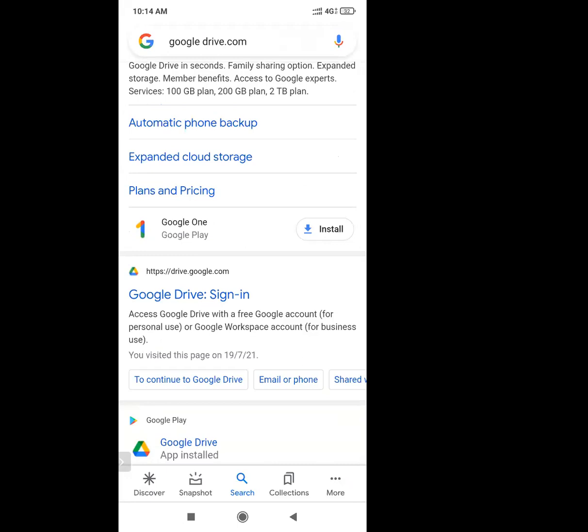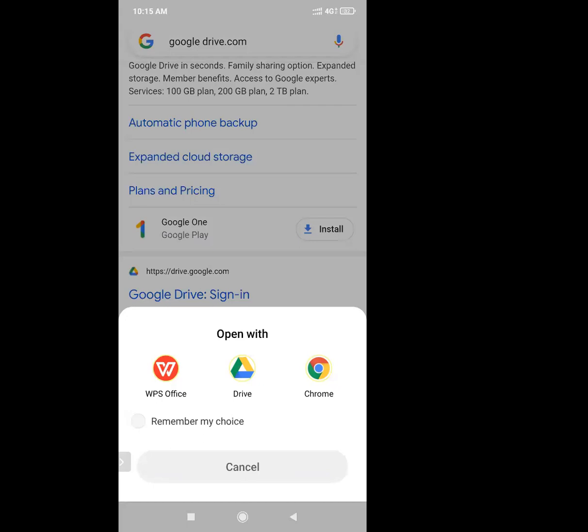But to create a Google form, a Gmail account on your mobile is compulsory. First you need to create your Gmail account on your mobile. After that, you can create a Google form. So the first method I told you was to search Google Form in your Google Chrome, and the second is to type drive.google.com in your Google Chrome and go to the link. Just click on this. Your Drive will open.